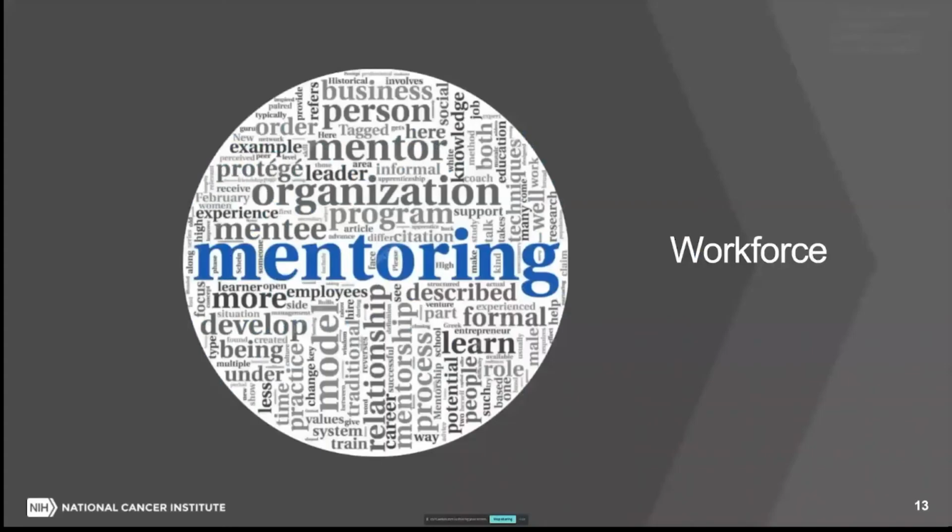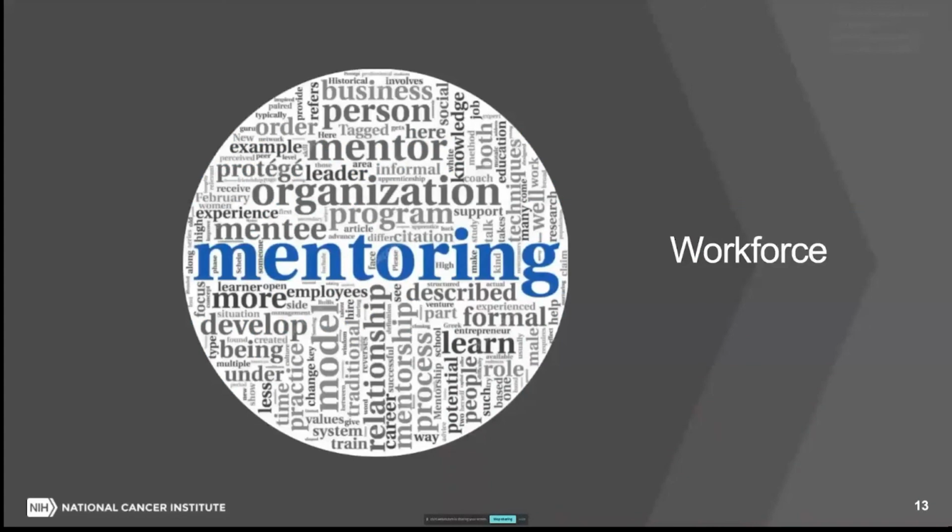Workforce, mentoring: critical, super critical. Whatever we do is irrelevant unless we provide the next generation the expertise and the people to do the next level of research. Otherwise, it doesn't matter how many Nature papers you have. It doesn't matter how many Science papers you have if you have nobody to do the science after you're done. That's an opinion. I think it's important to say that.